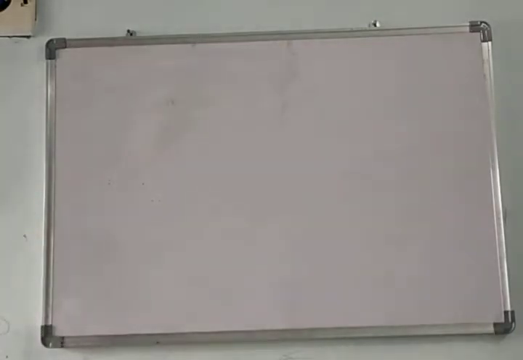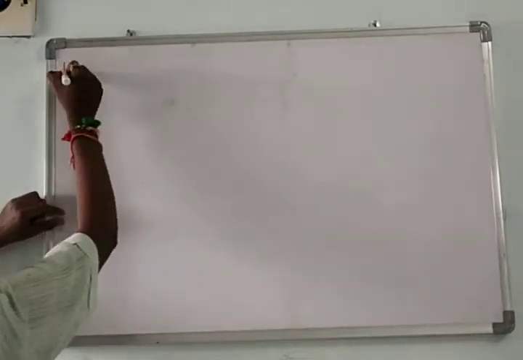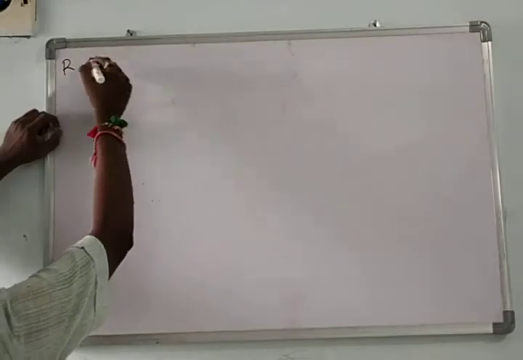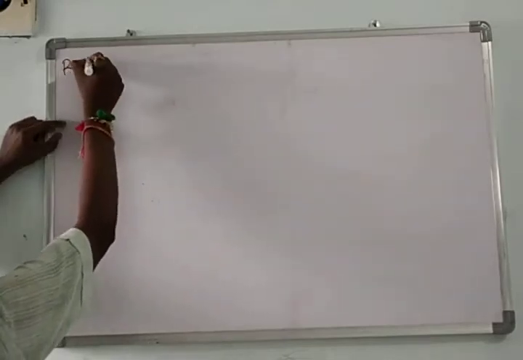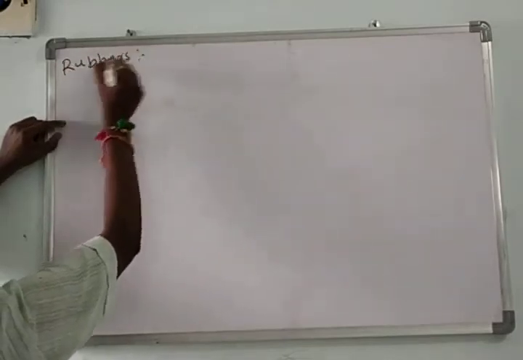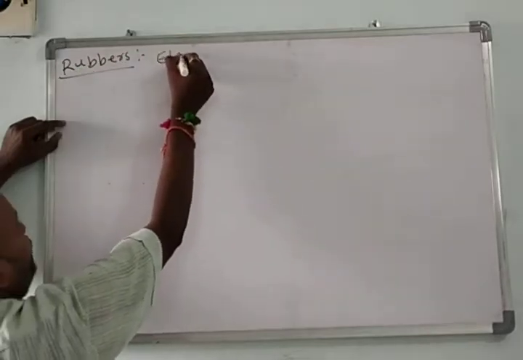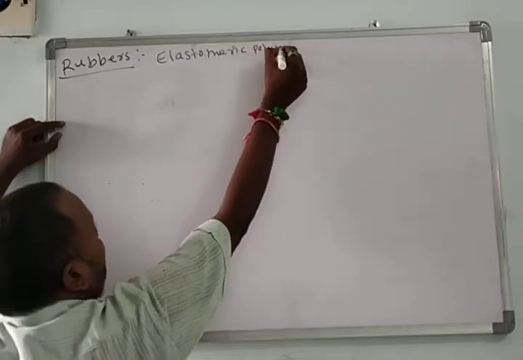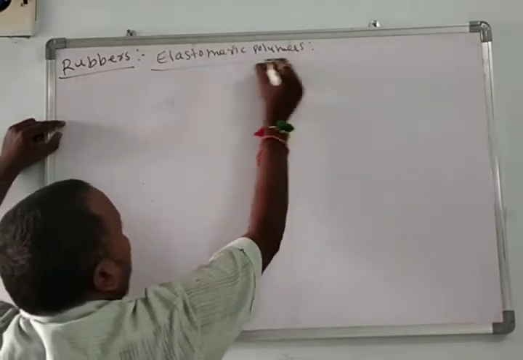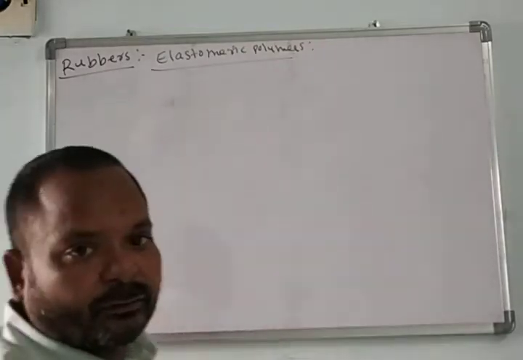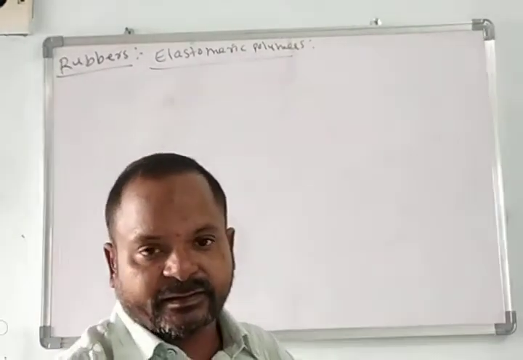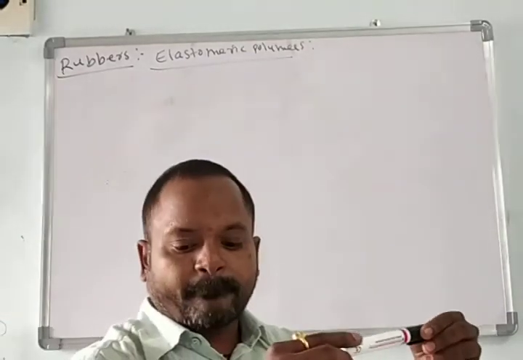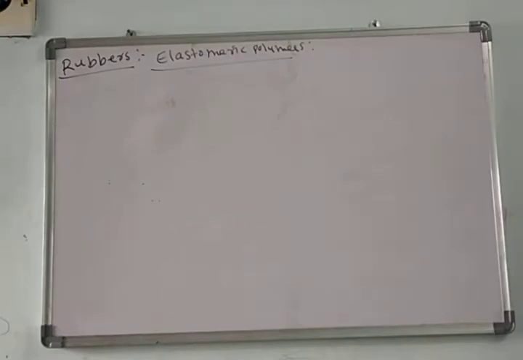Rubbers are elastic. Rubbers are also called elastomeric polymers, simply elastomers. These have elastomeric nature. Elastomeric nature means, as already discussed, when we stretch the rubber, when we stretch any material,